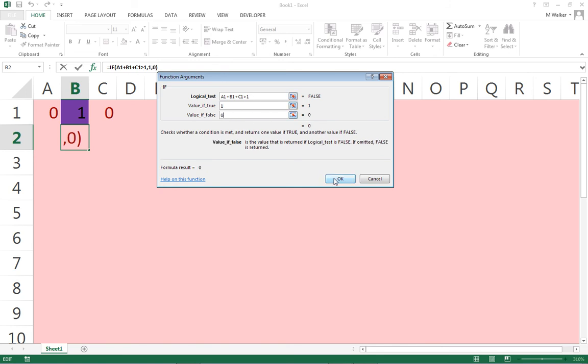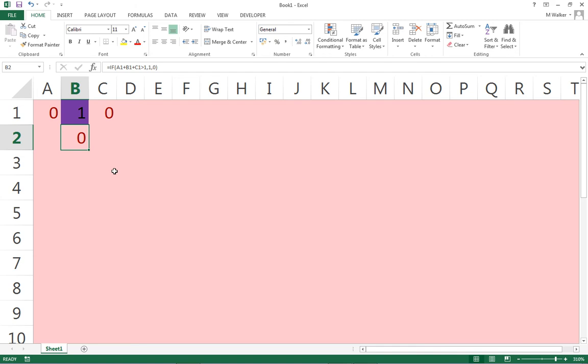If I press OK, what we see now is a 0 here. If I change this to a 1, this automatically updates to a 1. If I change that to a 1, it should remain a 1. If I make all of these zeros, it stays a 0. So I'm going to get rid of this data at the top now, and I'm going